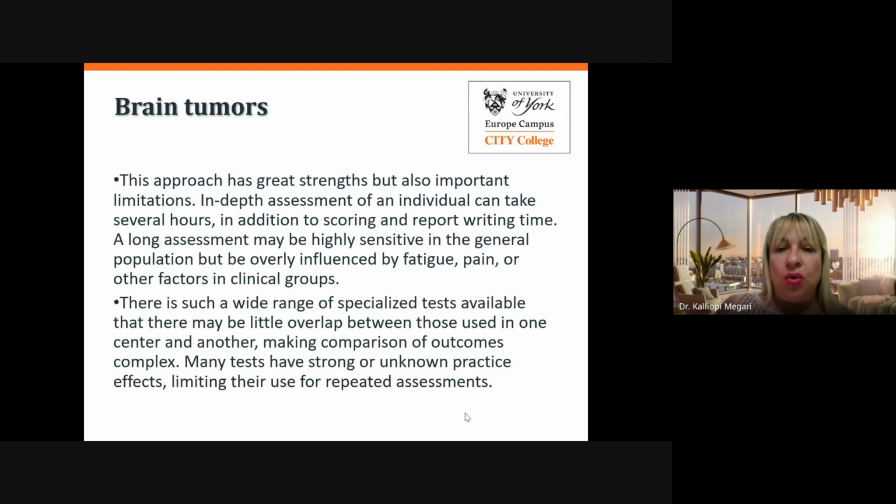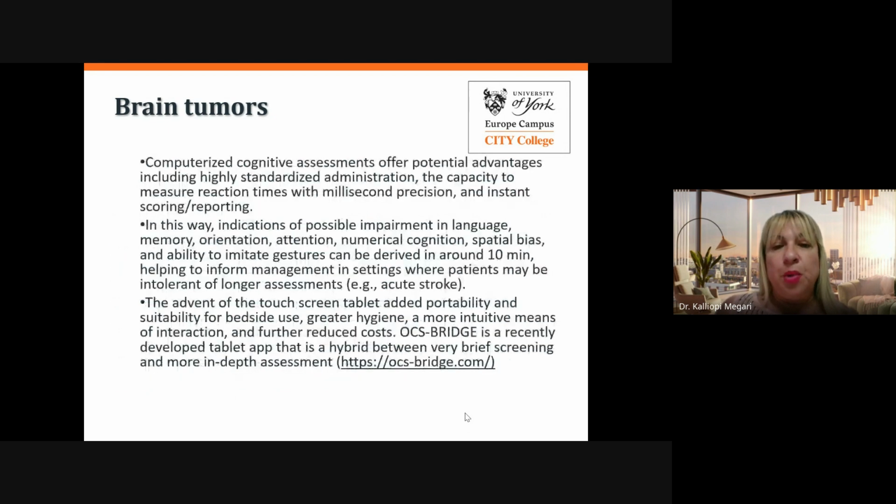Many tests have strong or unknown practice effects, limiting their use for repeated assessment. That's why it's very important to use tests that are suitable for repeated measurements and don't have the learning effect. That's why in these cases we use alternative forms of the test, in order not to have the learning effect. Now, another type of assessment that we use is the computerized cognitive assessment, which gives advantages, including